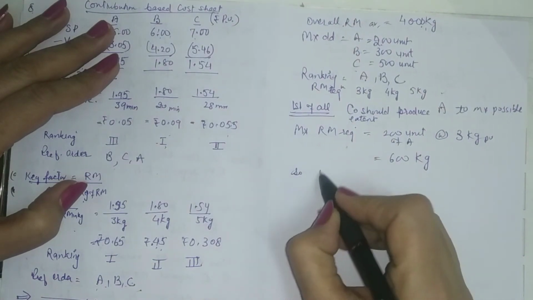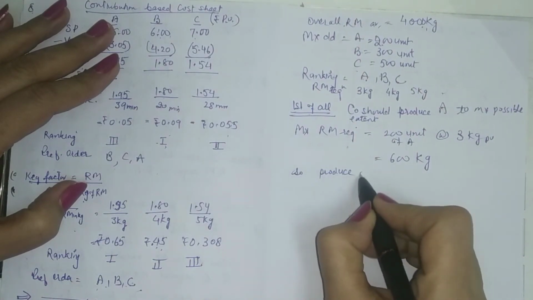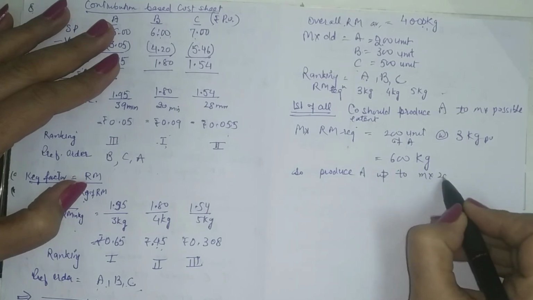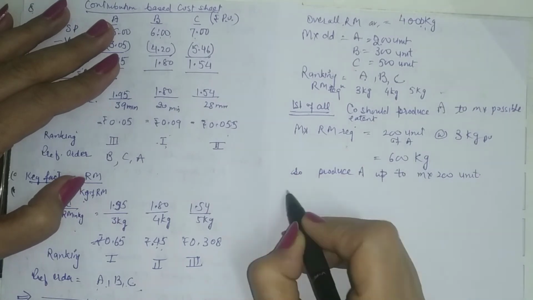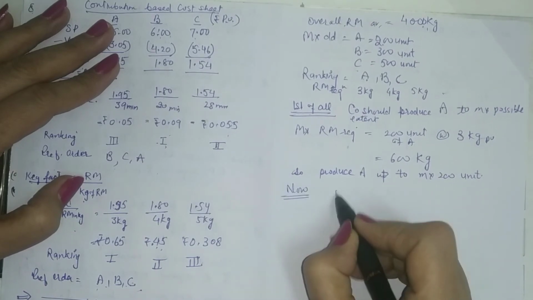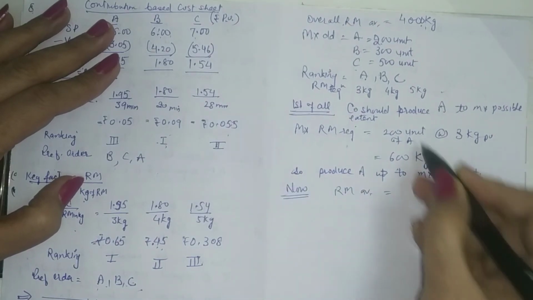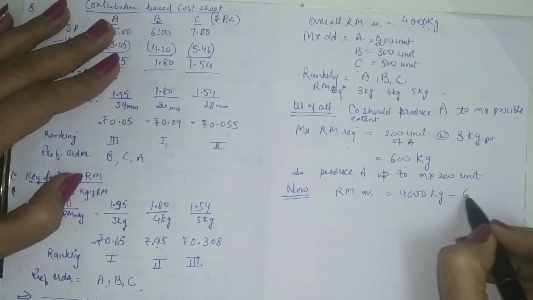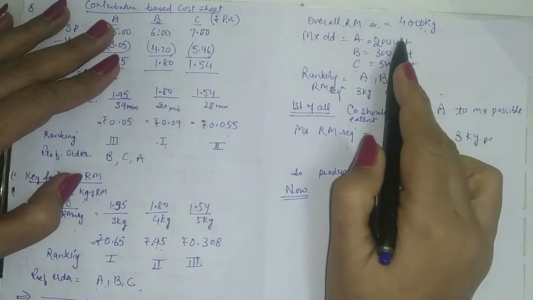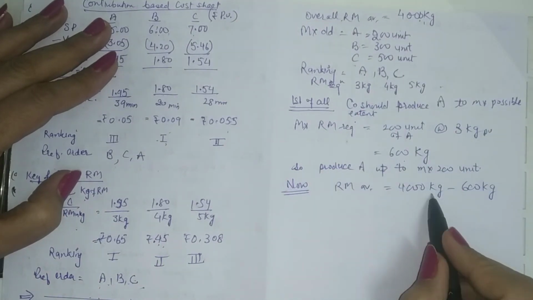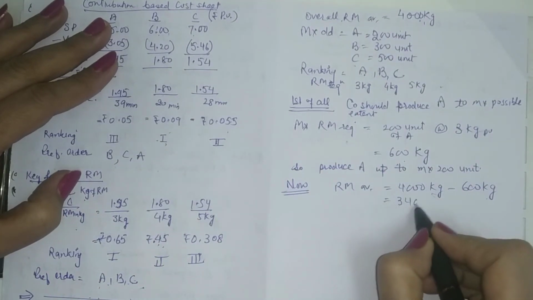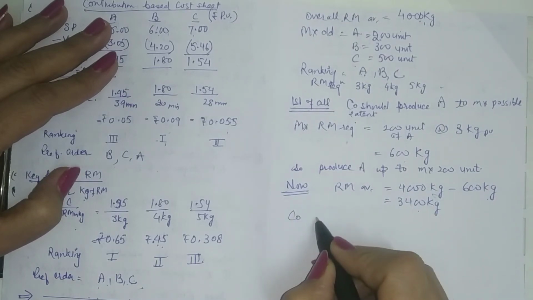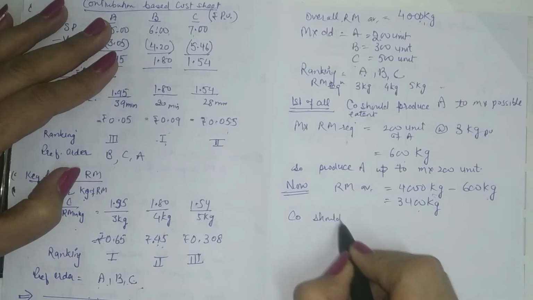So you can write: produce A up to a maximum of 200 units. You can do this. Now, what is the raw material availability? If you use raw material for this, your availability is reduced by 600 kilogram. Previously you had 4000 kilogram, now it is reduced by 600. So you have 3400 kilogram of raw material. So the company can produce